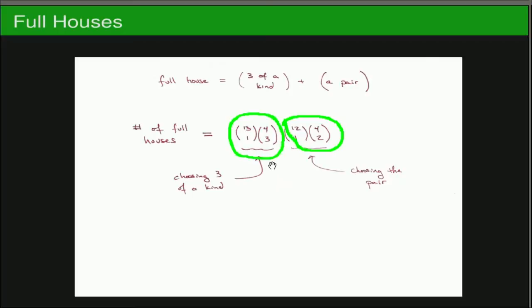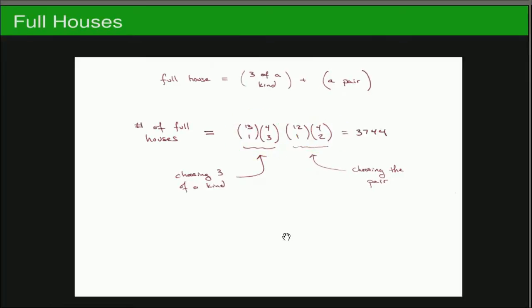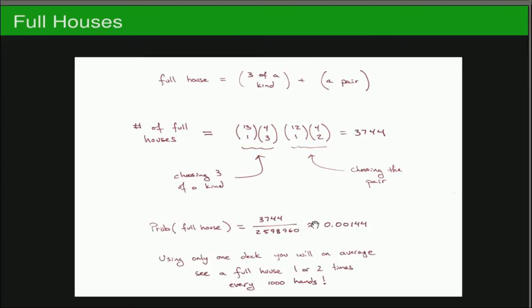So if we've got this number of ways for doing one experiment, and this number of ways for doing the second experiment, then the product of those gives us the total number of ways for the experiment. And so if we multiply that out, we get 3,744